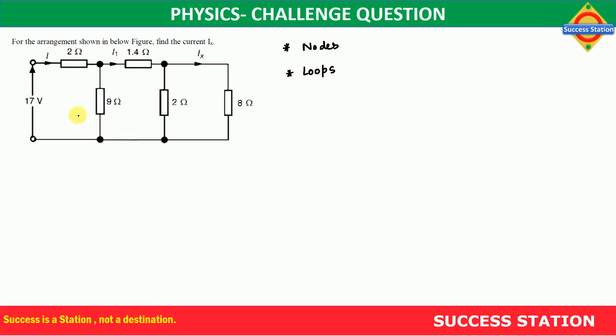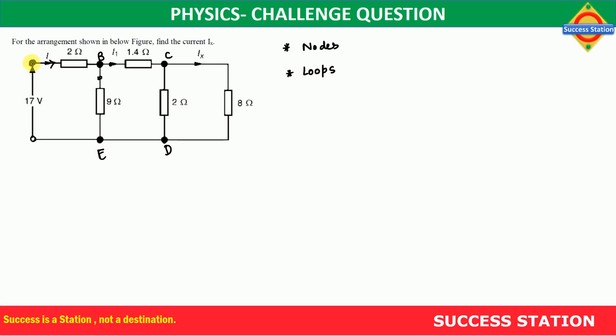Now see, as you can see the circuit over here, a wire is coming and here also is a wire, here also a wire. So at this point B, three wires are joined. So this will be called a node. Wherever there are joints present in the wire, that will be called a node. This is a node, this is a node, this is a node. I hope you get it.